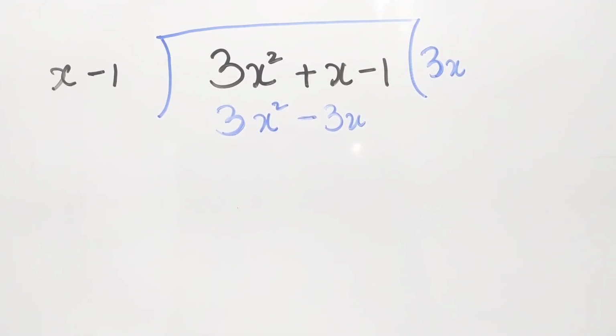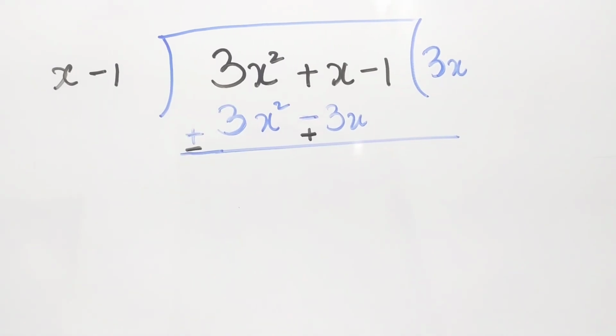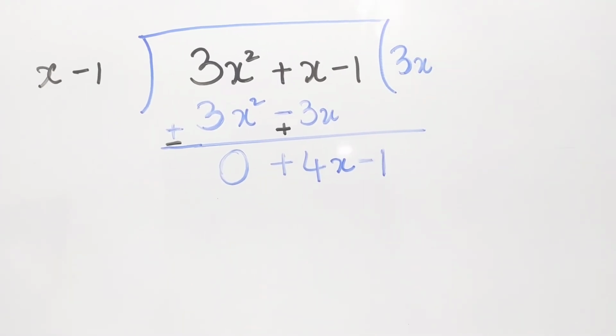Now I'll subtract. That's how you do division, right? So subtract, just right below always the signs, it becomes very easy. 3x square is plus 3x square. So if I subtract, it will become minus. This is minus 3x square minus 3x. If I subtract, it will become plus. Right? Minus minus plus. So 3x square minus 3x square will give you 0, and x minus minus 3x will give you plus 4x. So we are left with 4x minus 1.